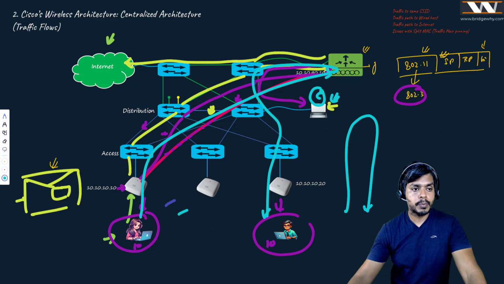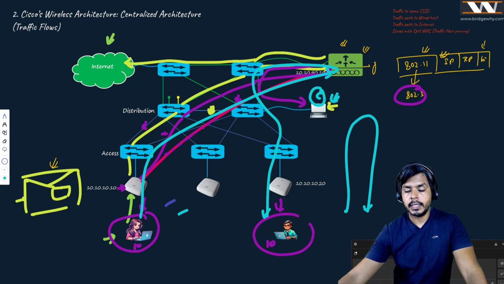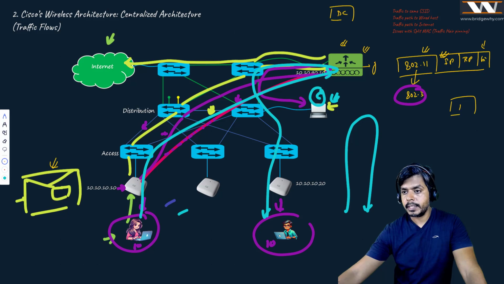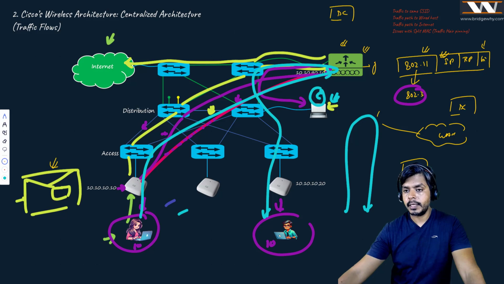People also put this WLC in the data center, and then you must be thinking, Mr. Vishnu, don't you think it's a problem? If it is in the data center, then generally my data center and my campus network have a WAN network between them. Are you saying that if somebody wants to go to the internet, first the traffic will be coming toward the DC where my WLC is, and then it is going